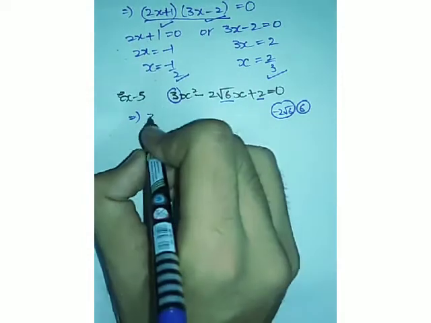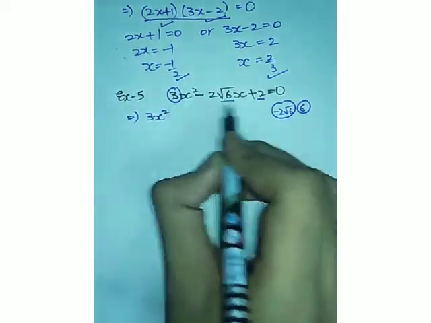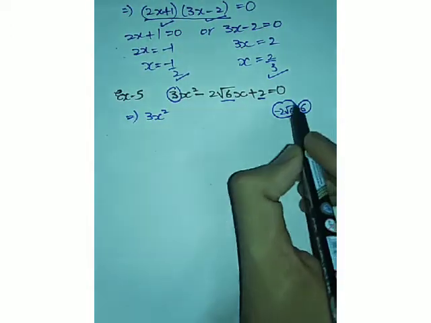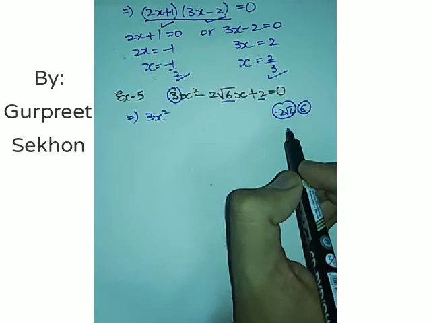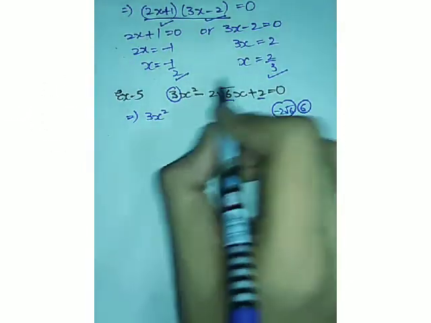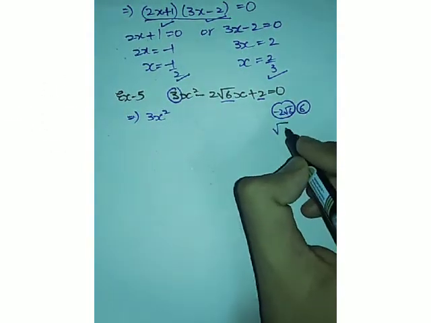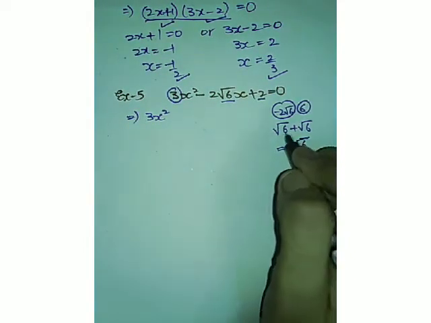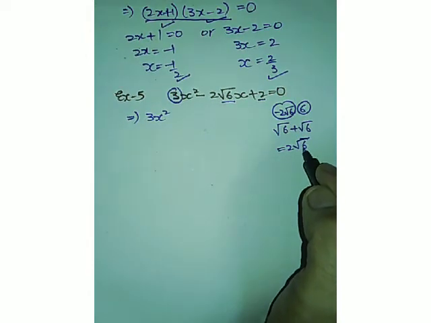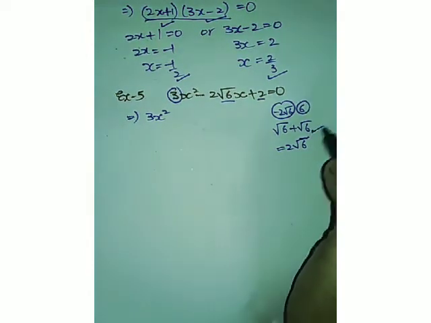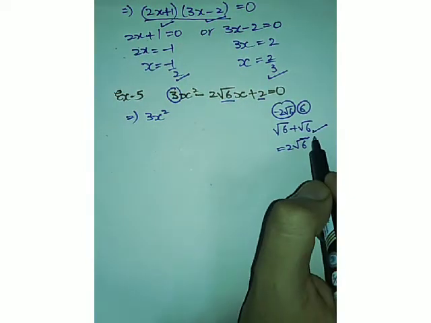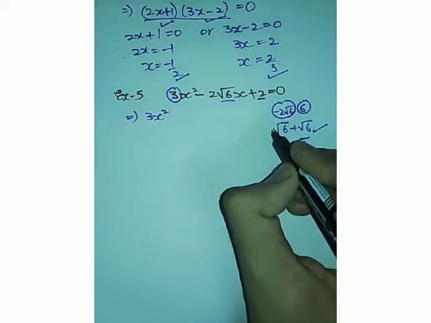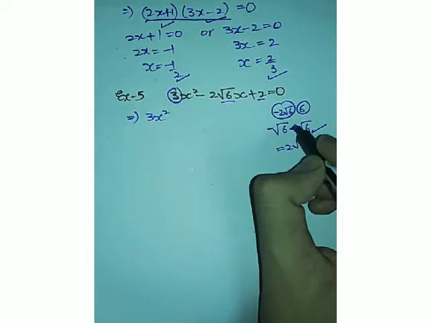Now 3x square, you have to split the middle term. Now by multiplying two terms you have to get 6, and you have to include root 6 as well, because you want root 6 to be the splitting factor of your middle term. Now if you add root 6 plus root 6, what will you get? 2 root 6, right? And when you will multiply both of these you will get 6. So we are very close to our answer, but these two are not our factors. These two are not the splitting factors of the middle term, because we need minus of 2 root 6, but this is positive. For that we will change the signs to negative.